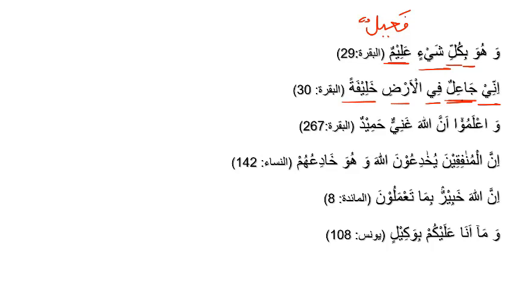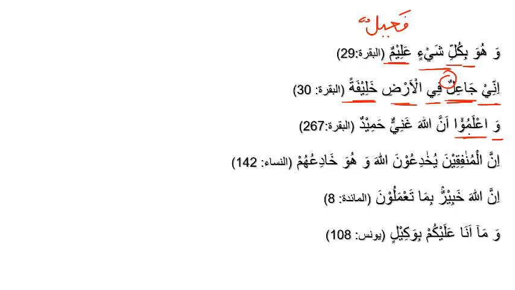So what sort of a noun is this, ja'ilun? Is this a noun or a verb, first of all? It's a noun because it's on tanween at the end. And what sort of noun is it? A fa'ilun, the one who makes. So indeed, Allah is saying, indeed, I am the one who makes in the earth a khalifatan, sort of a representative or viceroy.